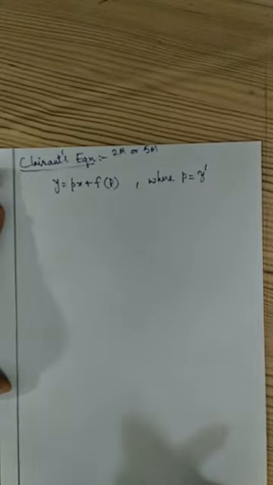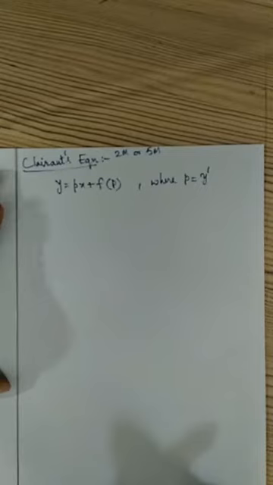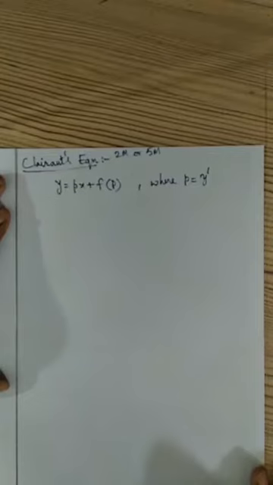Then in this, two types of solutions may be asked: general solution and singular solution. Question will be like this: obtain the general and singular solution of one equation will be given. So wherever singular solution is asked in the examination, you have to understand that the given equation is obviously Clairaut's equation, right? What is the identification? In the question, singular solution will be asked. Directly you can understand that the problem is related to Clairaut's equation, or the equation will be of this form: y equals to px plus f of p.